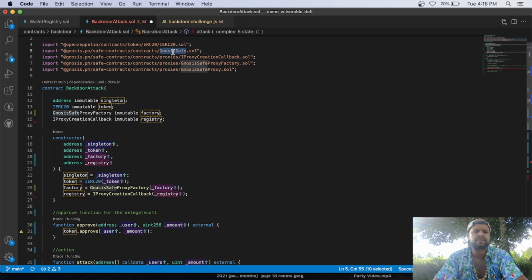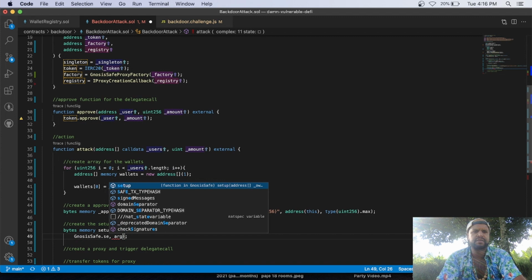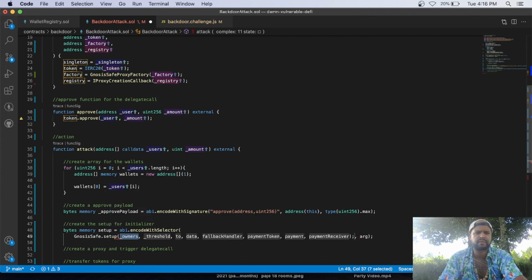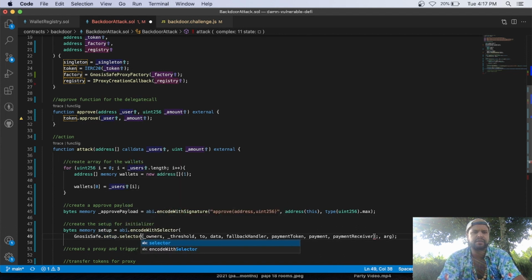GnosisSafe.setup.selector, actually, it's going to be .selector. And then this is going to be